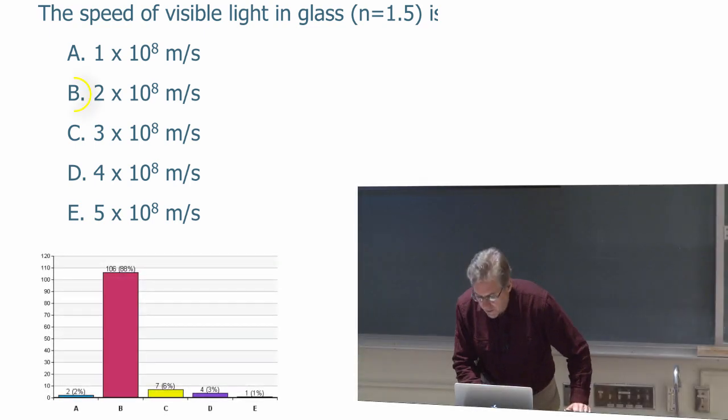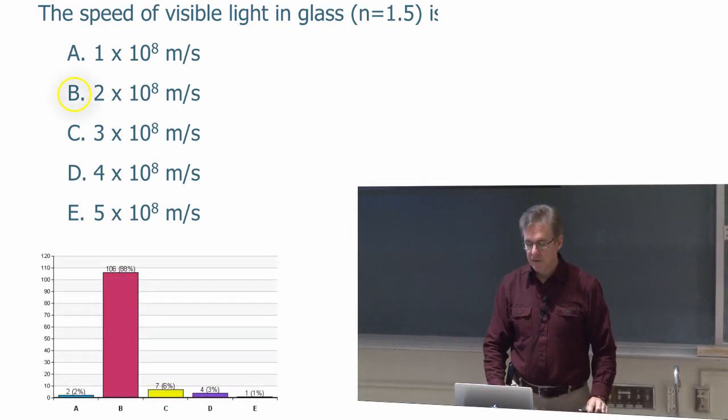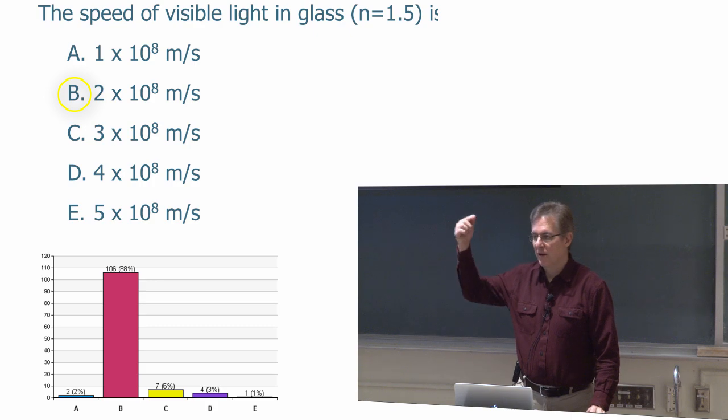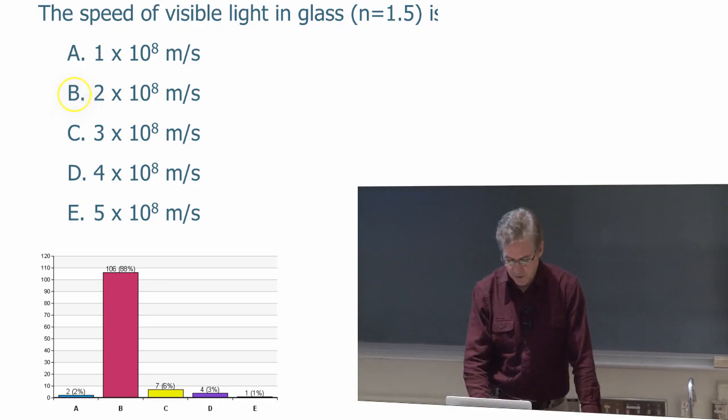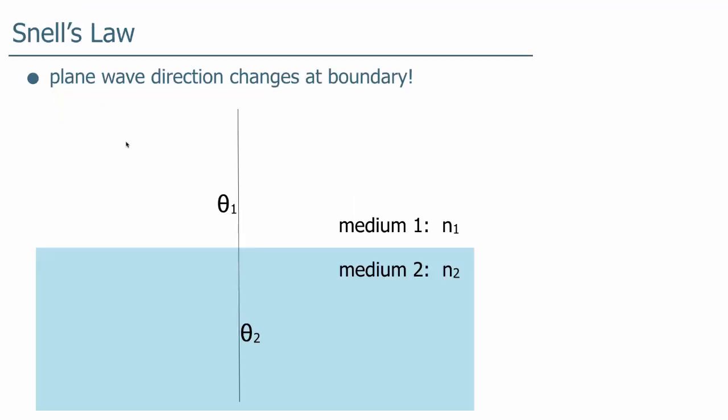Indeed. 88% of you chose B, 2 times 10 to the 8th meters per second. That's 3 divided by 1.5, which is 2 times 10 to the 8th. Perfect. So now we use what's called Snell's law to calculate the amount of bending of light at the surface,